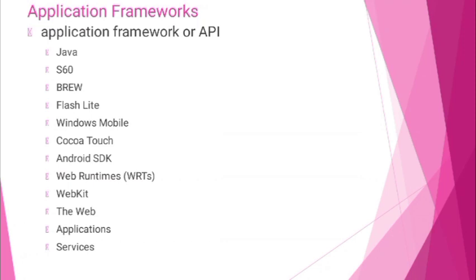Next comes S60. The S60 platform, formerly known as Series 60, is an application platform for devices that run the Symbian OS. S60 applications can be created in Java, the Symbian C++ framework, etc. And next we have Adobe Flash Lite, a lightweight version of Adobe Flash Player, a software application published by Adobe Systems for viewing Flash content. Flash Lite operates on devices that Flash Player cannot, such as mobile phones and other portable electronic devices like